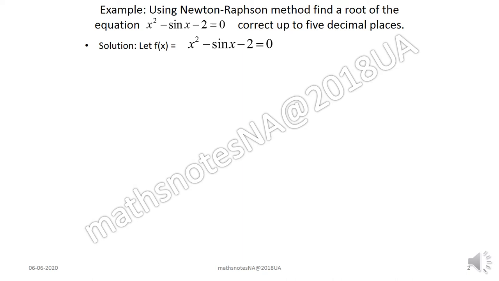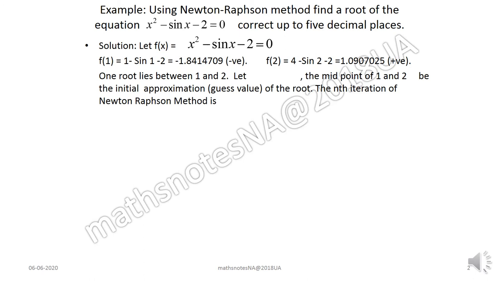Now let's use the concept of bisection method and find an interval in which root lies. We take random values of x and put in the function. So let's take x is equal to 1 and see that function value is negative here. We take x is equal to 2 and function value is positive here. It means we found one interval 1, 2 in which root lies. Now let's take midpoint of the interval, which is 1.5 as x0, that is initial point or initial approximation of